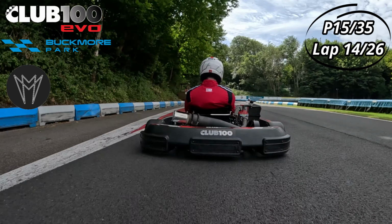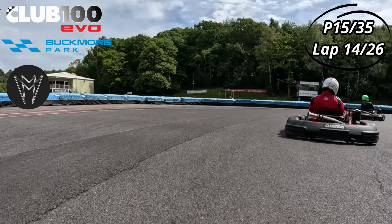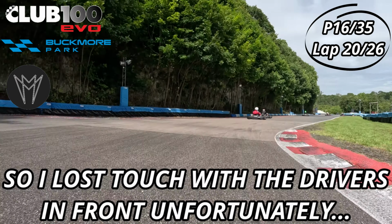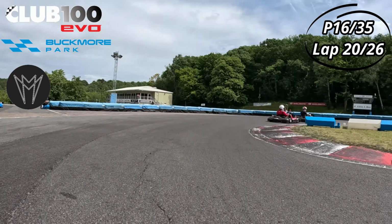So, as I lose a position for not being aware enough of the driver in front, I will lose another position to the driver behind, as my pace was just lacking and not fast enough to hold on to my position, let alone to go for the top 10 finish, as that was the goal. So let's skip to further in the race, as nothing really happened and I lost touch. That meant that my pace was definitely not fast enough for that top 10 finish. So let's skip further to the end of the race, as I drove in no man's land from then on,